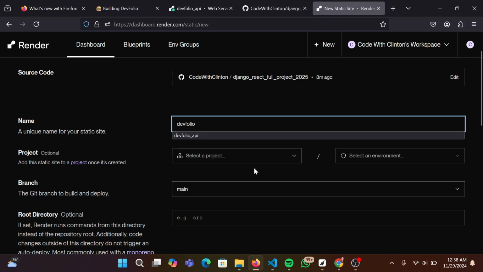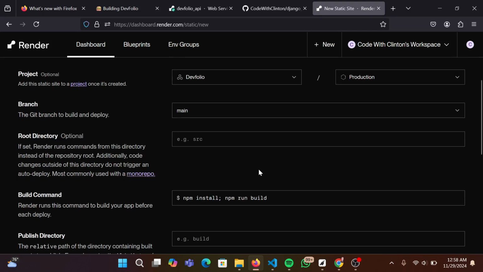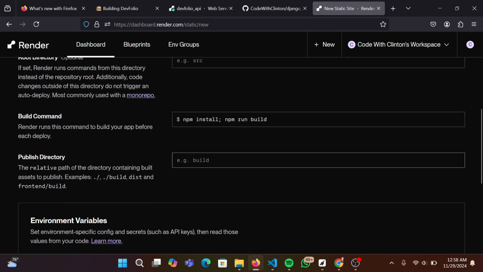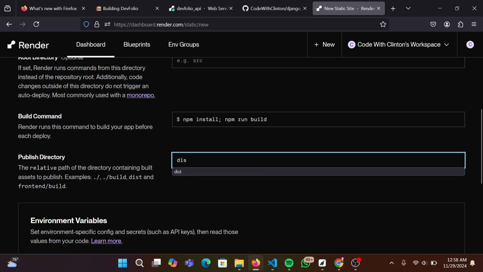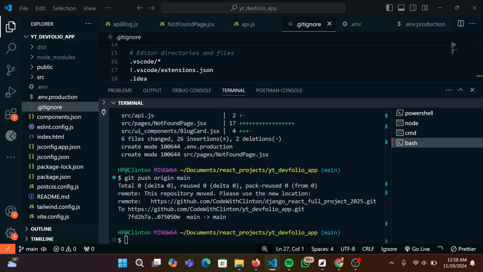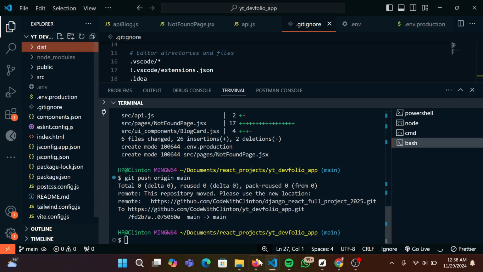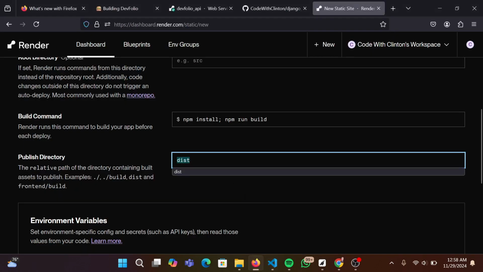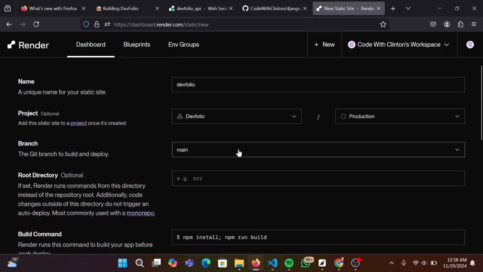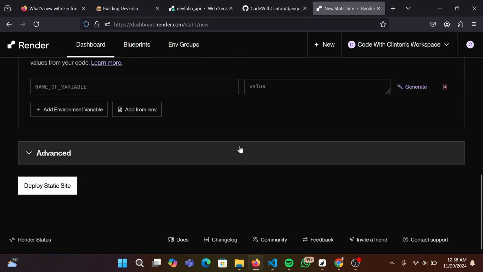So it's asking us to pick a project. You can simply pick Defolio if you want to. It's not a must, right? So scroll down. And as for the build, we're going to say dist. That's the folder that we had generated for us. This folder over here. So we're simply going to reference the folder here. Also, as for the published directory, we have to say dist,